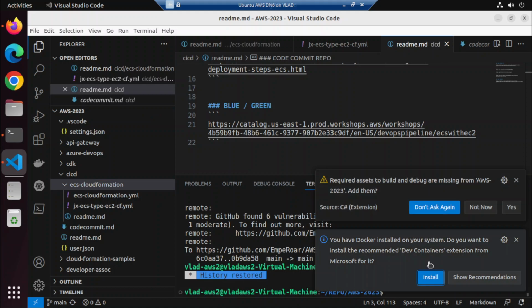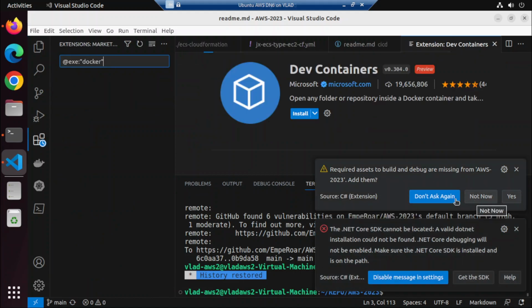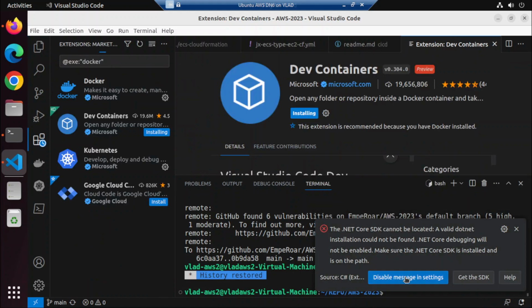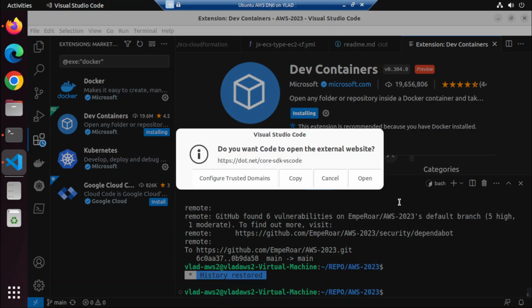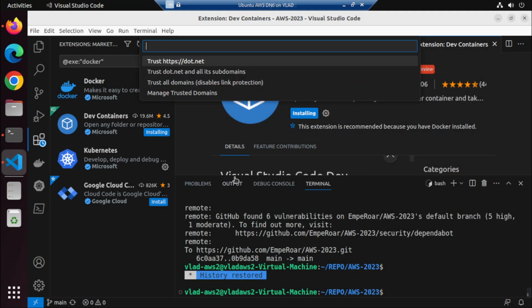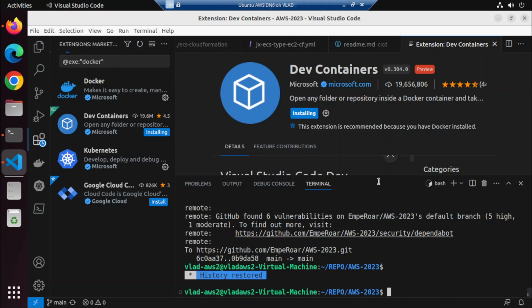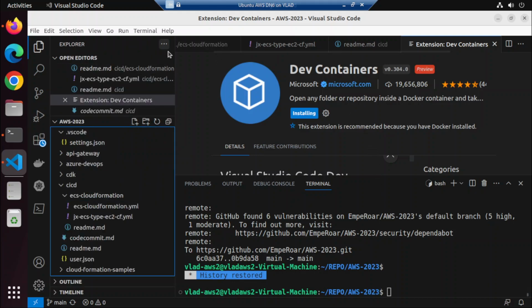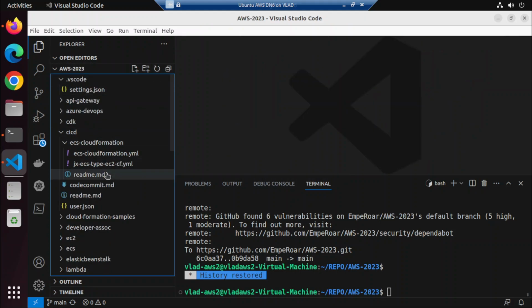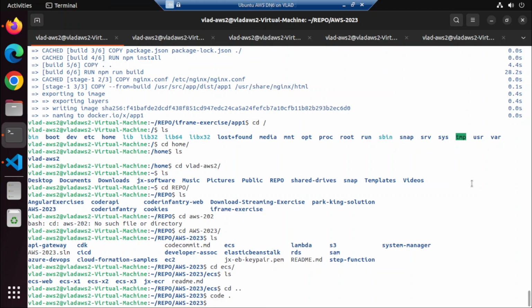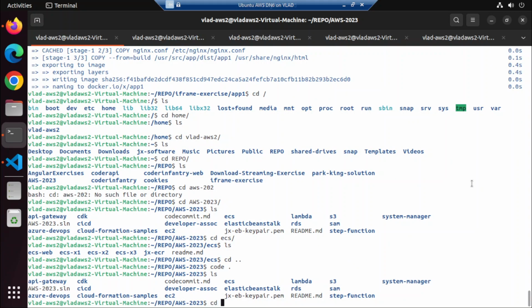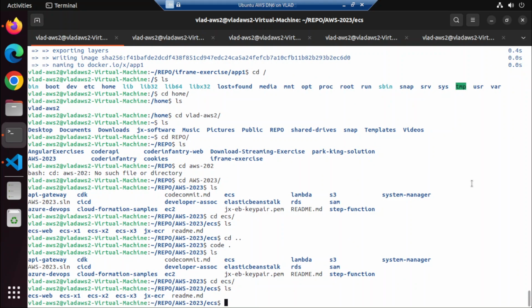You have Docker installed in your system. Do you want to... yes, yes. Don't ask me again. Get SDK. What's that? Configure trusted domains. What's that? So yeah, where are we now? Okay, so let's go here, ls, go to ECS and then go to,